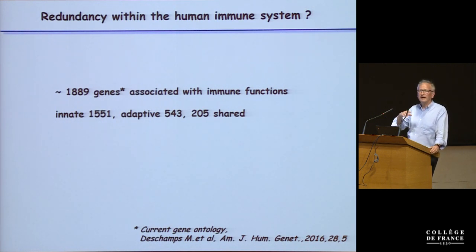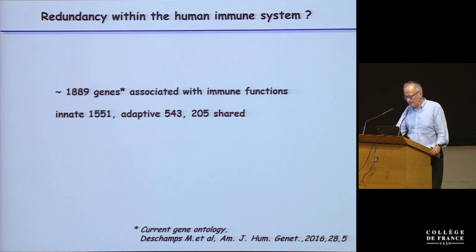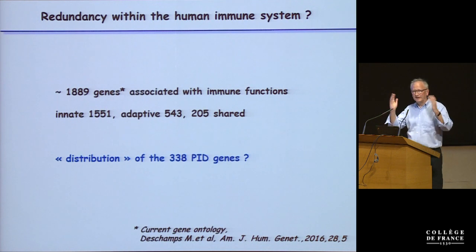If one tries to classify the functions with which these genes or the gene products are associated, most of them are associated with innate immune functions, more than 1,500 of them. A minority, about 1/4, associated with adaptive immunity. Of course, some of them, and maybe more than was shown here, are functions in both innate and adaptive immunity, 200 of them. So here the question is, we have these 1,900 genes. How are these 338 genes associated with primary immunodeficiencies, meaning that mutations of such genes cause primary immunodeficiency diseases,